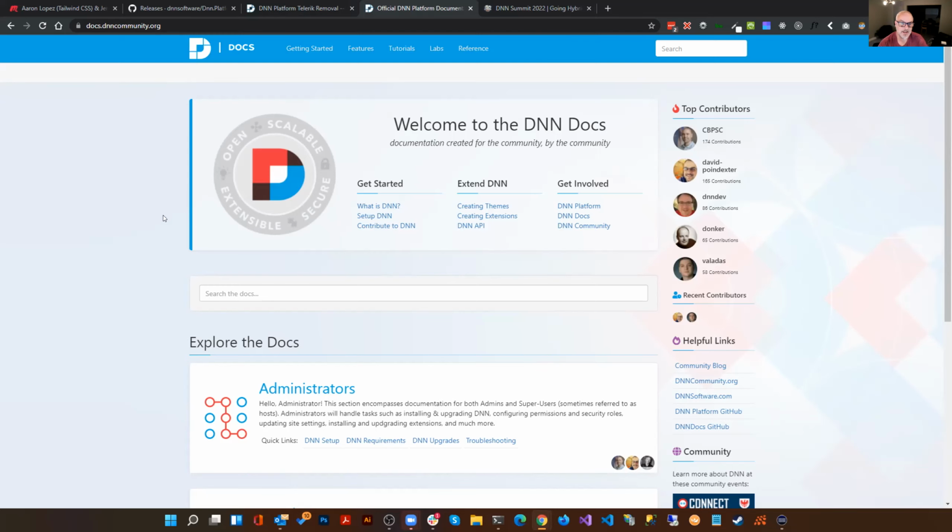So now the site is actually hosted on GitHub in GitHub Pages, and every pull request that comes in will get built on 3 different platforms: a Windows platform, an Ubuntu platform, and Mac OS. So it's just wonderful proof that you could be on any of those systems and work on the DNN docs project, and it should build locally, just like it does in the cloud. So that's been really good.